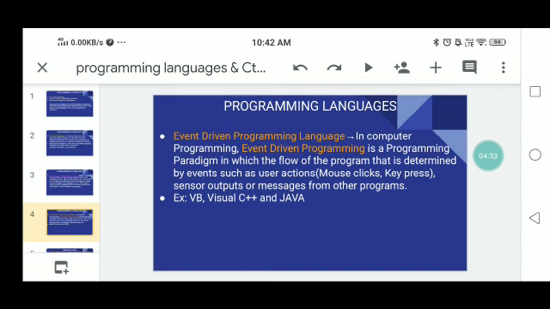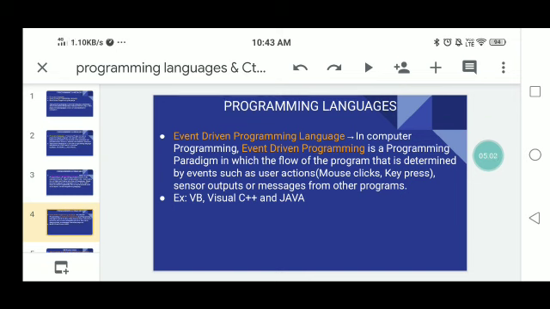It can also respond to outputs or messages from other programs. Virtually all visual object oriented programming languages support event driven programming.